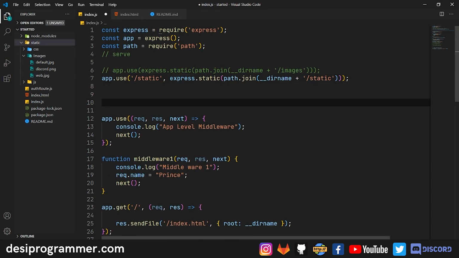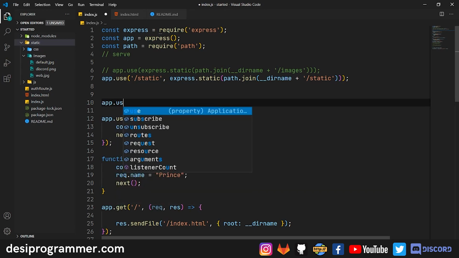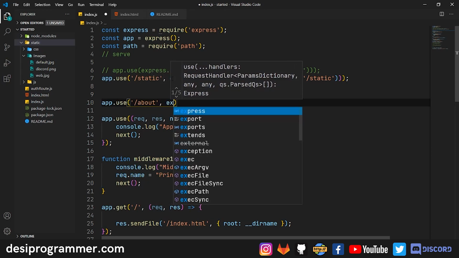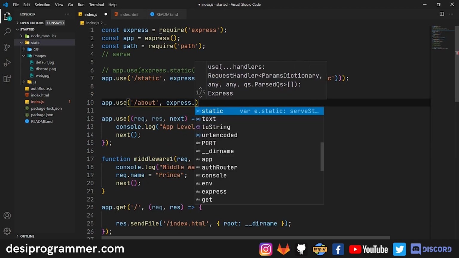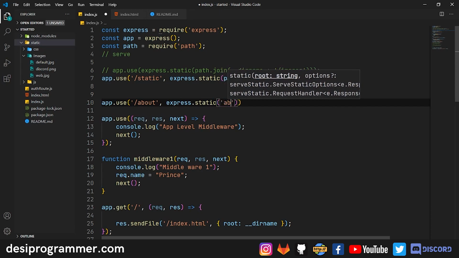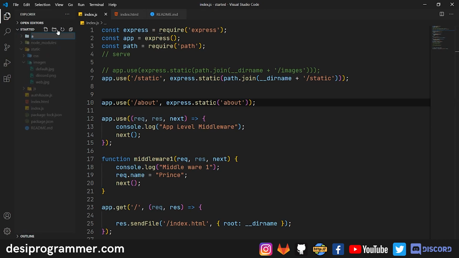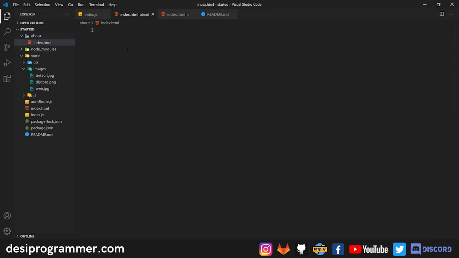So basically what people say is that, let's say you have a directory named about, and you want to share your about page, which is completely static. It has nothing to do with the server. So they say that you can do something like app.use, and then you can go to /about, and here you can obviously use express.static, and let's say I'm just hard coding about. So I can just create an about directory. Let's say in my home route, I create a directory named about, and in this about directory I can keep all my files and images, and I can also create an index file, that's index.html.